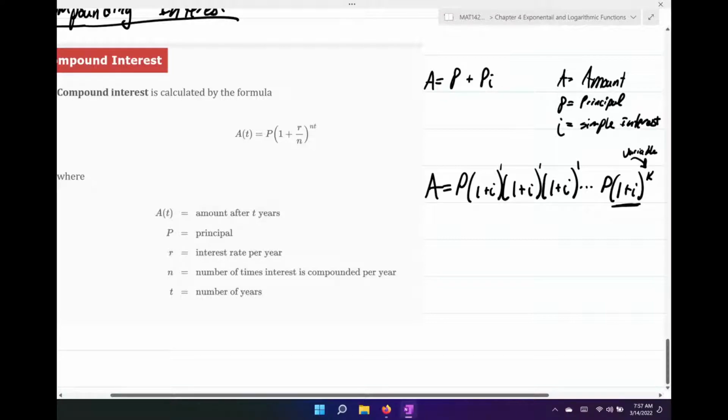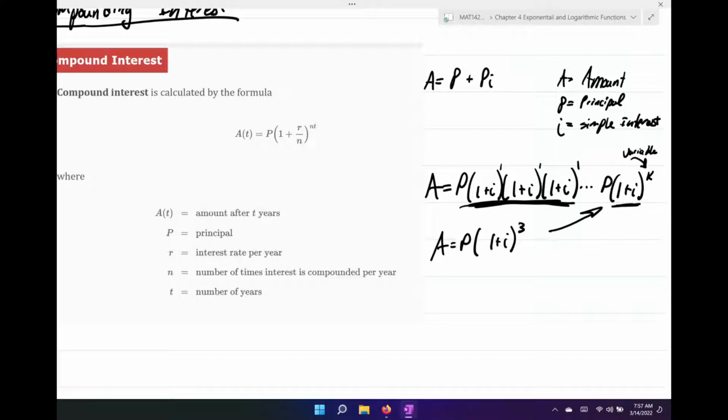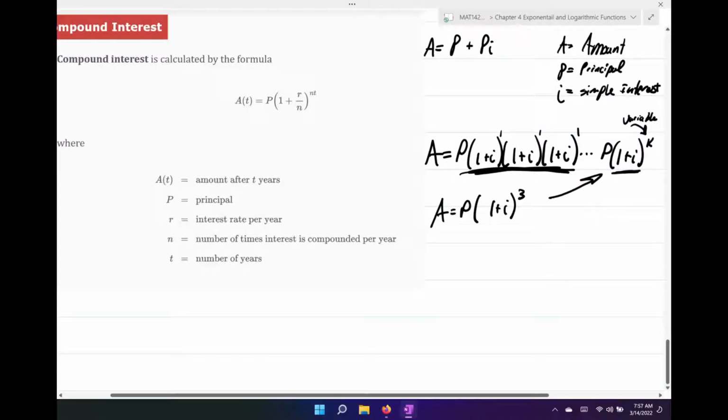So if I just stopped right here, that would be A equals P times 1 plus I to the third. However, we're going to let this money keep growing and growing and growing. And if we allow this to happen without bound, then we're going to get this P times 1 plus I to the K. Now, if the annual interest rate is R, so if interest rate is R,